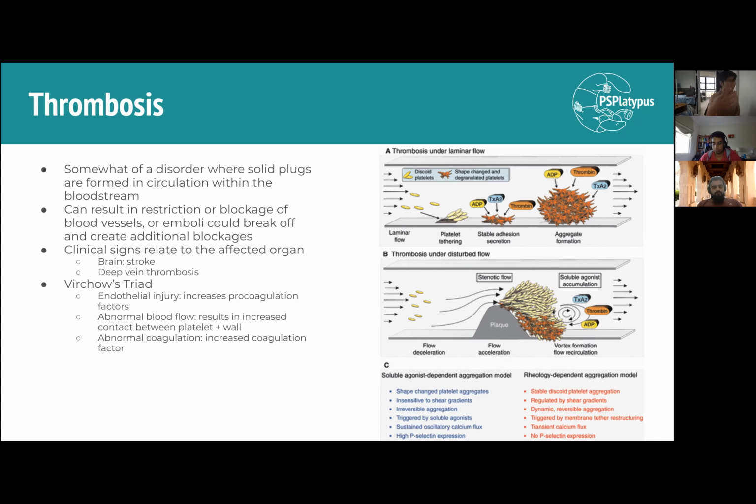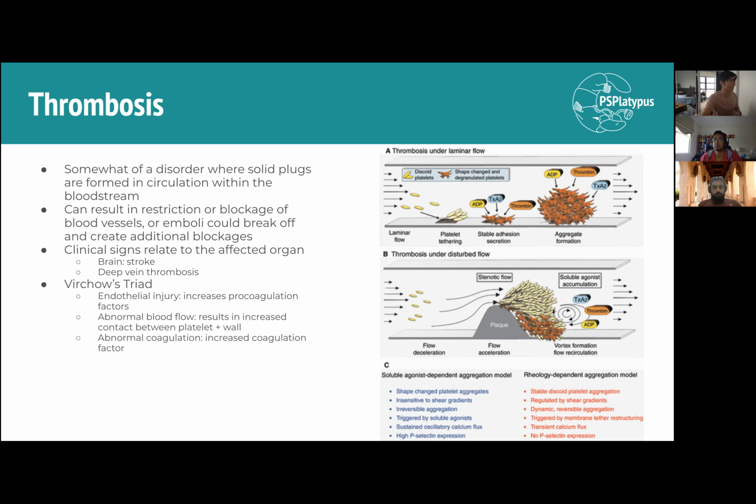I think it was a scientist who came up with the three main factors that are extremely important to thrombus formation, which is endothelial injury, which increases procoagulation factors. And this is in the sense that you have increased inflammation in these areas, resulting in decreased formation of plasmin. You have increased plasminogen activator inhibitors, therefore you get reduced plasmin, therefore you have reduced breakdown of clots, therefore you have increased